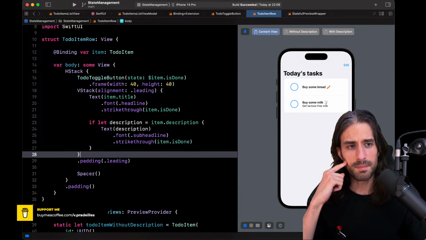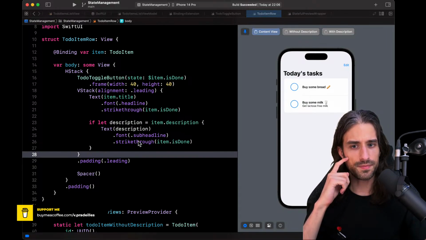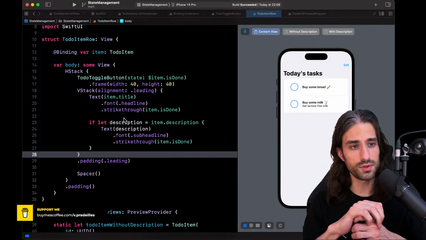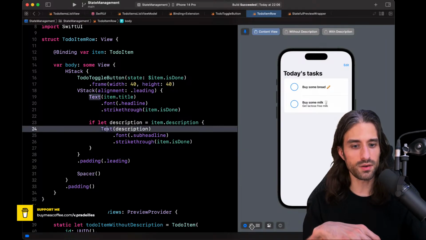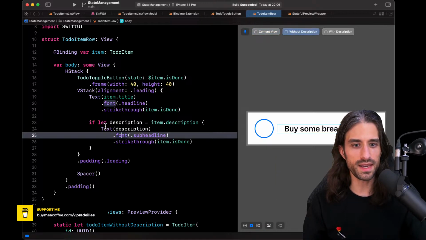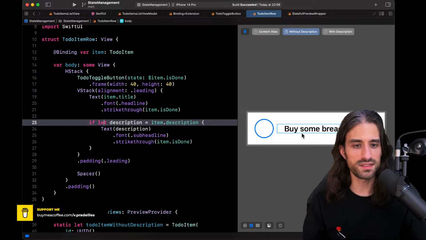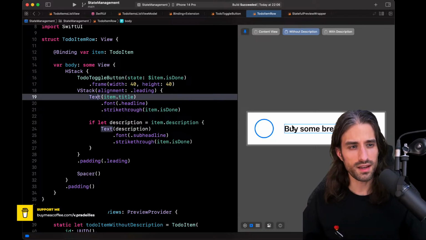But I would say by default, for the views that are like fitting views, like the text, for instance, SwiftUI is content hugging by default, because if I show you the frame taken by the text, you can see that here the text only takes the space it needs. So I would say SwiftUI views, they are content hugging by default.